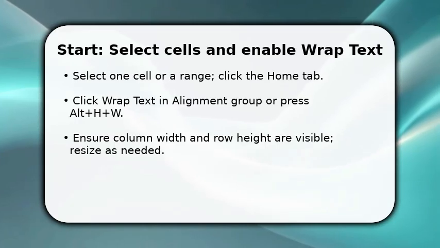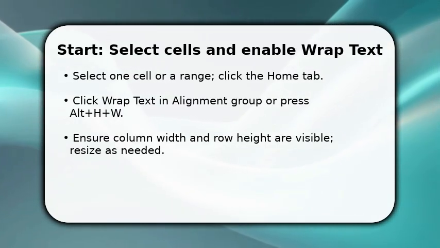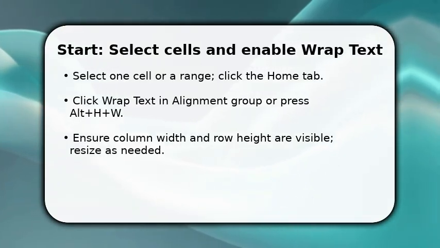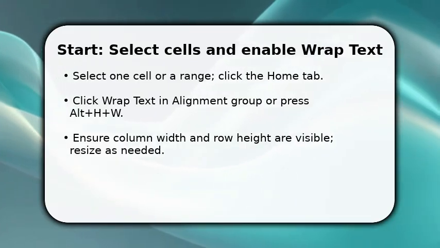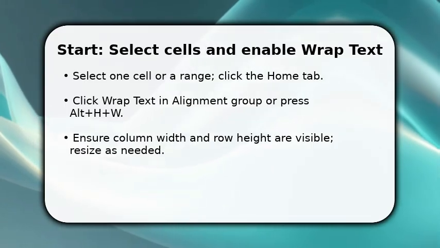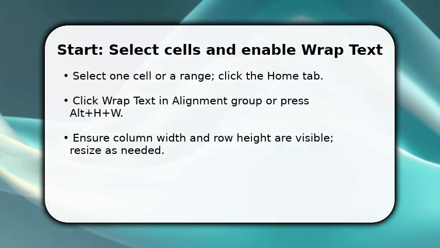Enjoy the video. You start by selecting the cell or range that contains long text. This step triggers formatting. Next, go to the Home tab and click Wrap Text in the Alignment group, or press Alt+H+W for a quick keyboard shortcut. Once done, Excel will display text on multiple lines inside the same cell, so content is readable without changing column